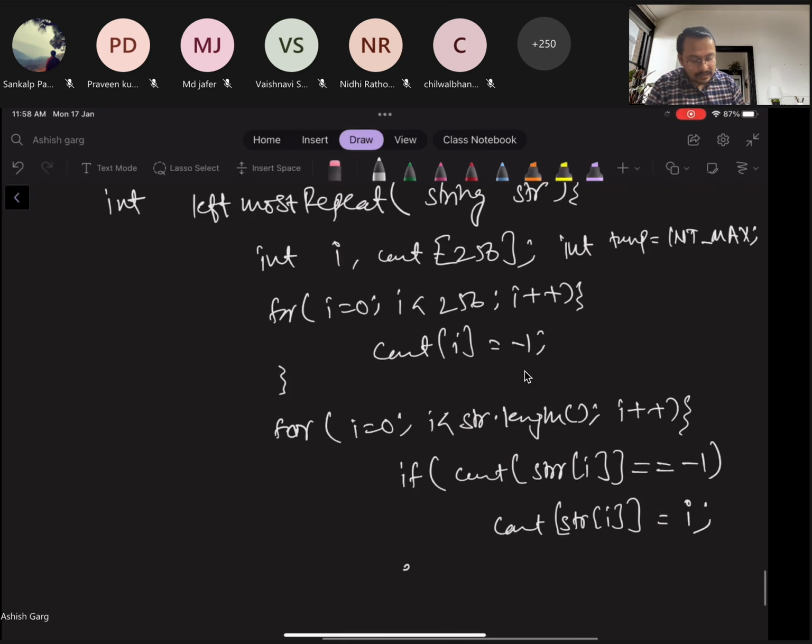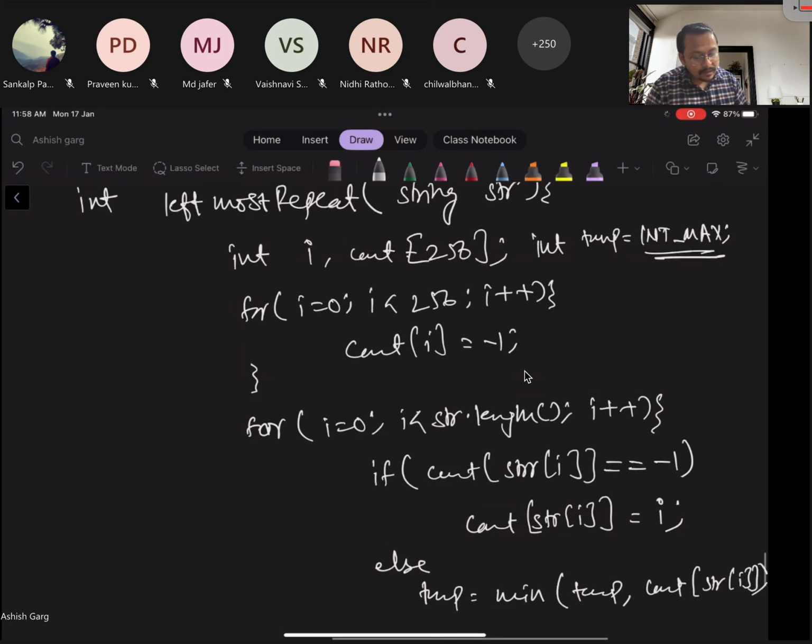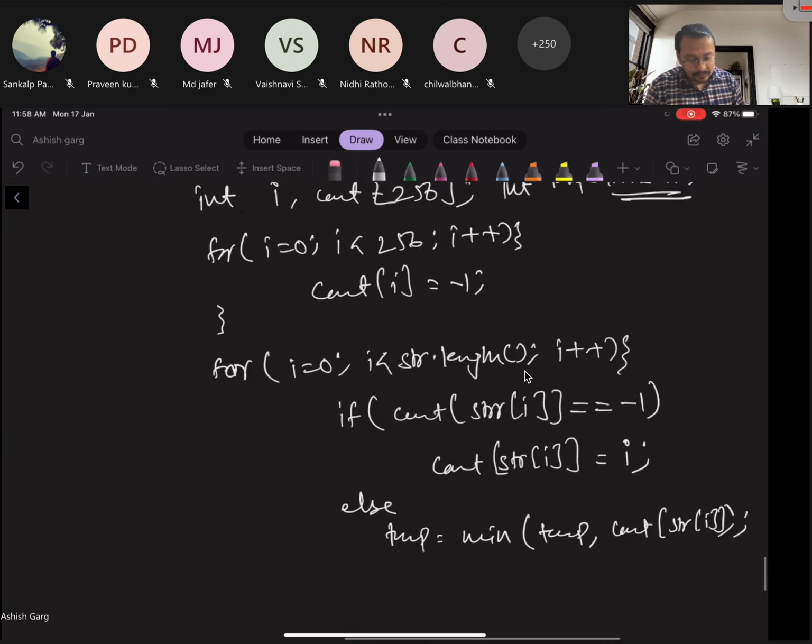Else, temp is equal to the minimum of temp, which is initialized to the maximum value, comma count of str of i. Now, what should we return?